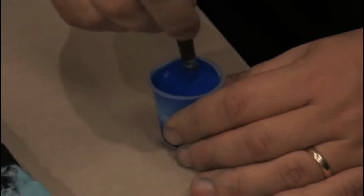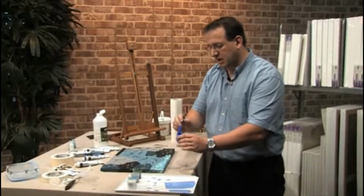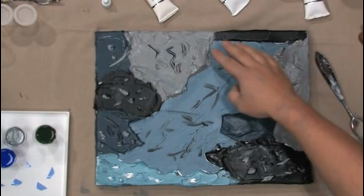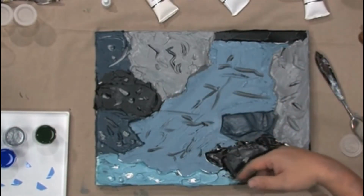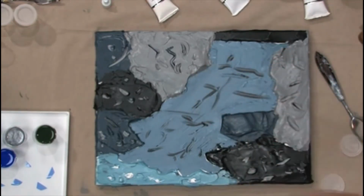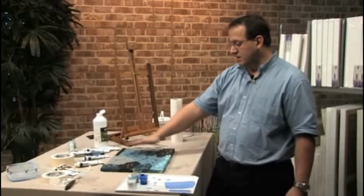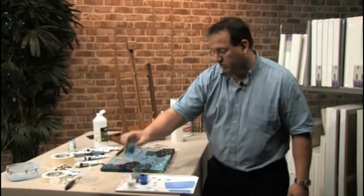All right, now last night what I did was I created a buildup of impasto medium in this painting, and what you can see here is there's a well in the center of this that's supposed to represent a waterfall, and the impasto medium has really built up some walls that's going to contain the liquid within that. So what we're just going to do is start pouring the color right onto that center area here, that cradle, if you will. We'll start with the cobalt turquoise at the top